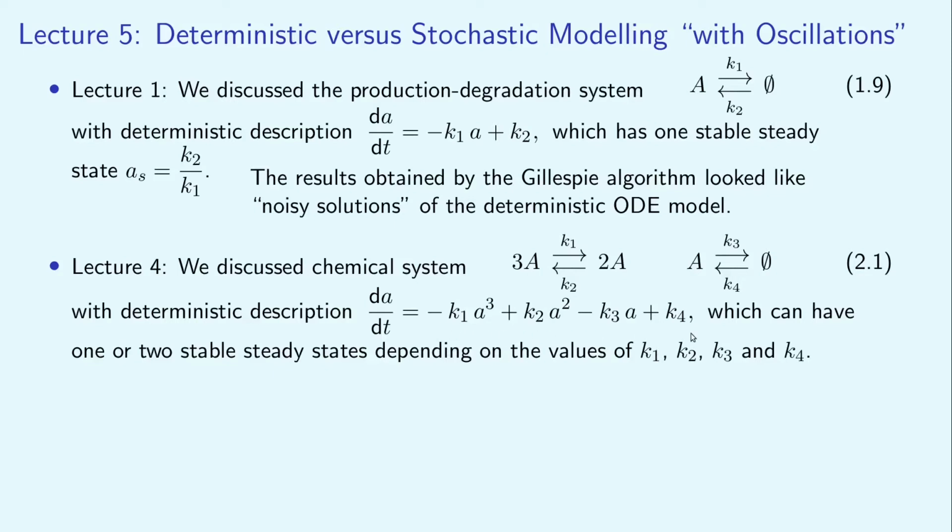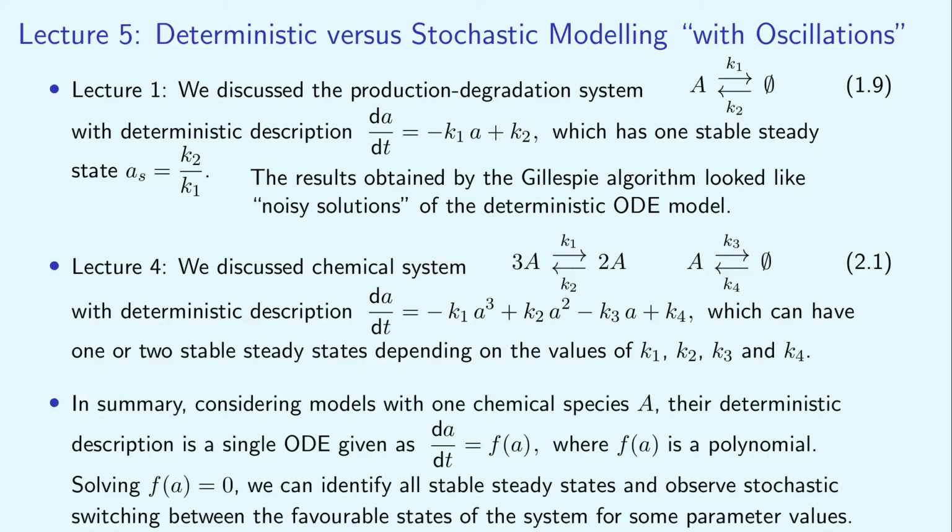Depending on the values of parameters K1, K2, K3, and K4, this ODE can have one or two stable steady states. The solution of the stochastic model again fluctuated around a favorable state of the system, but we could also observe stochastic switching between the favorable states for some parameter values, provided that the system dynamics was computed for a sufficiently long time. In summary, considering models with one chemical species A, their deterministic description is a single ordinary differential